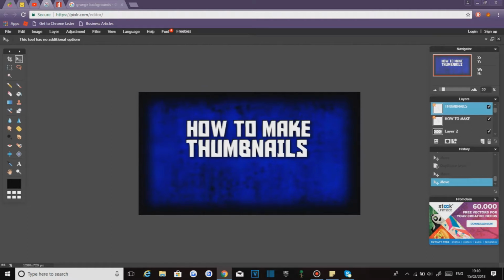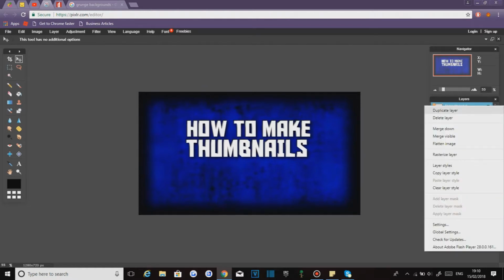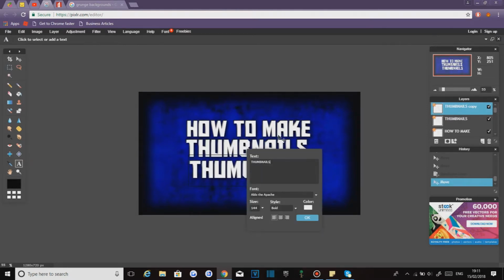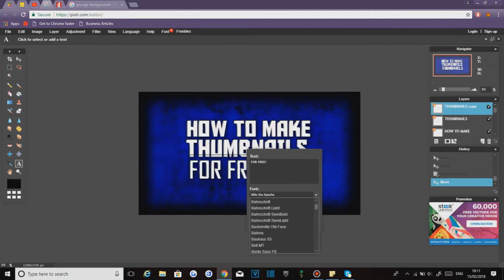Now what we're going to do is duplicate the layer one more time and then put it down there, and we type on the type tool again and we change this to "for free!" And now I'm going to change the